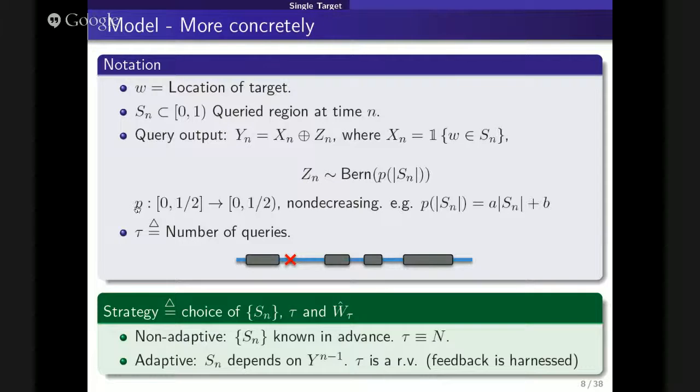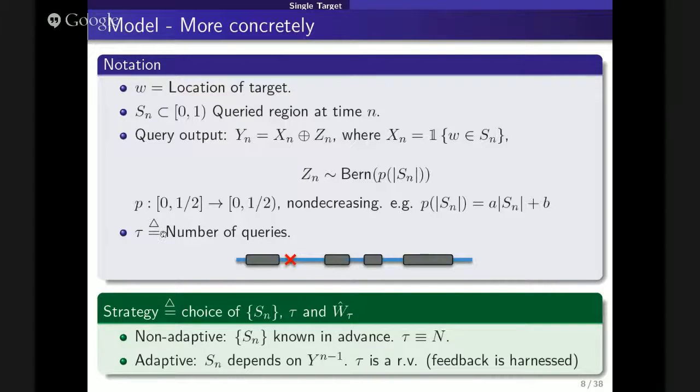For example, if this function is constant, we are back in the standard noise model, where you flip the answer with some constant probability. It can depend in any way; for example, p can be a linear function. In all the numerical examples I show, I will assume that the amount of noise is a linear function of the size of the queried region.